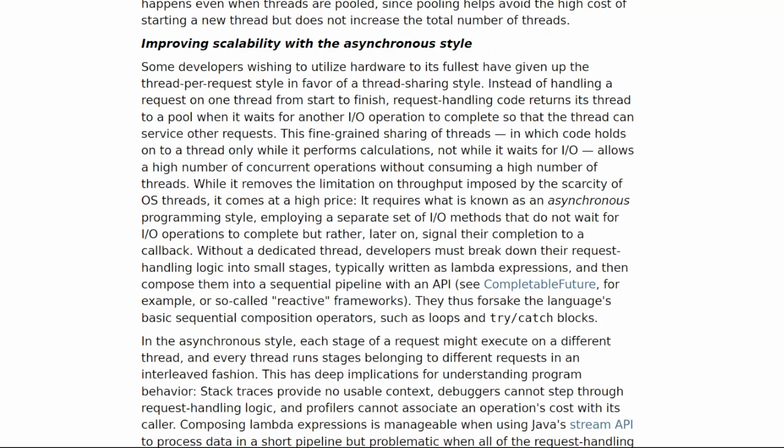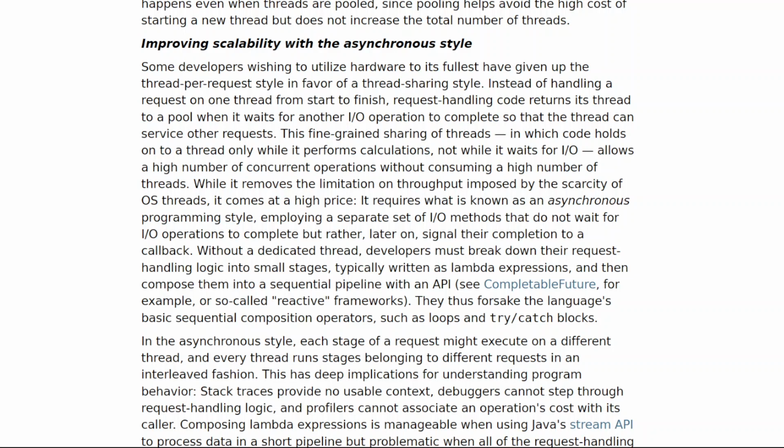They thus forsake the language's basic sequential composition operators, such as loops and try/catch blocks. In the asynchronous style, each stage of a request might execute on a different thread, and every thread runs stages belonging to different requests in an interleaved fashion. This has deep implications for understanding program behavior.